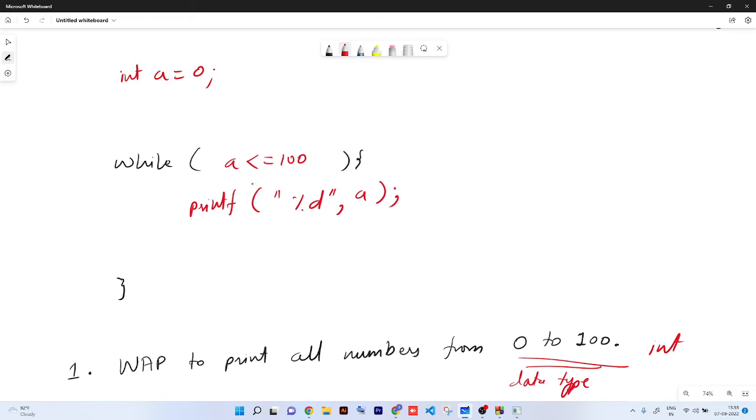Okay. But now look at this. Have you increased the value of a anywhere? No. What will happen? We come to here. Int a equals to 0. A is less than 100 right now. So this is a true condition. So all the inside brackets will follow. It will print value 0. Correct? It will loop back because the condition is correct. It will again check the condition. So after printing this, when it comes to the end,